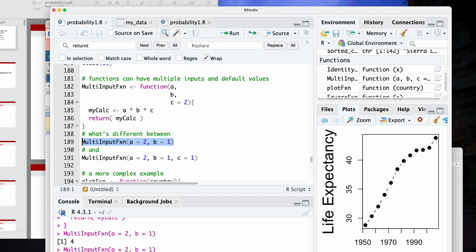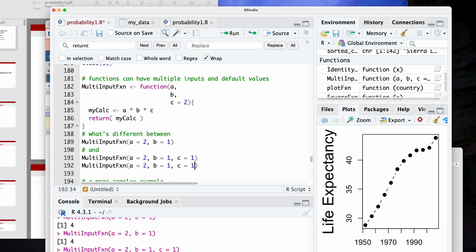So here, we're taking A equals 2, B equals 1, and then C as the default 2. We're multiplying them all together, and we're getting 4. This is what we're getting there. We don't need to use the default. We could say C is 1, and then we're going to get a different answer. But this is important for setting defaults. Sometimes you might want a default, sometimes you might not. But this also illustrates how you might have a function with multiple arguments.